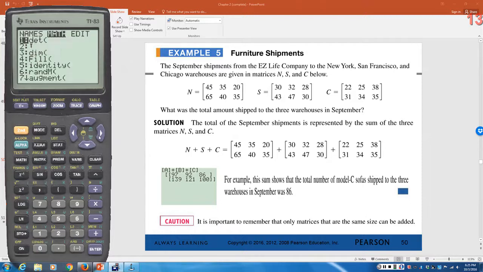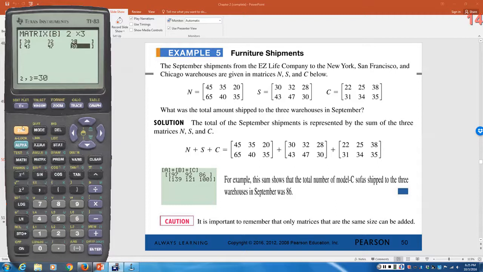And then matrix B is going to be also 2 by 3, and this is the matrix for San Francisco. 30, 32, 28, 43, 47, 30,